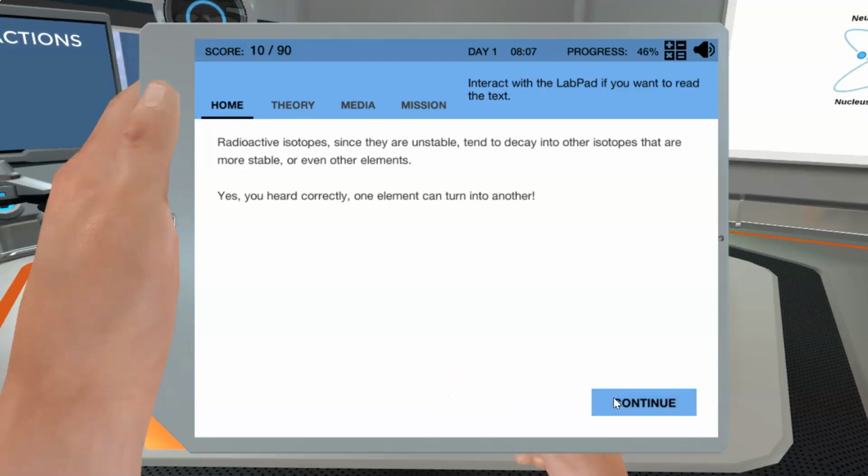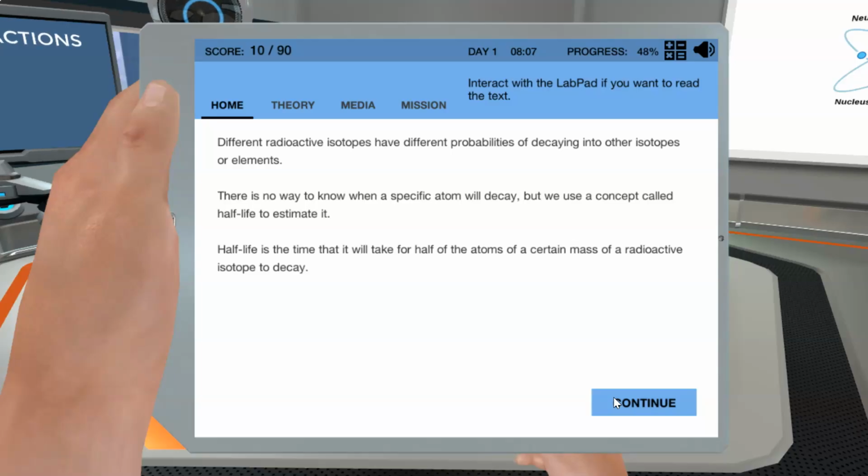Radioactive isotopes, since they are unstable, tend to decay into other isotopes that are more stable, or even other elements. Yes, you heard correctly, one element can turn into another. Different radioactive isotopes have different probabilities of decaying into other isotopes or elements. There is no way to know when a specific atom will decay, but we use a concept called half-life to